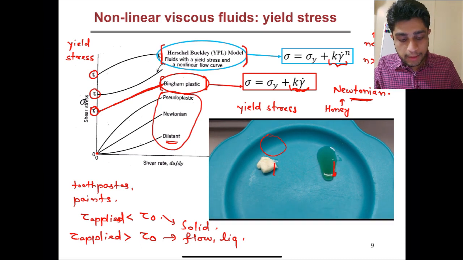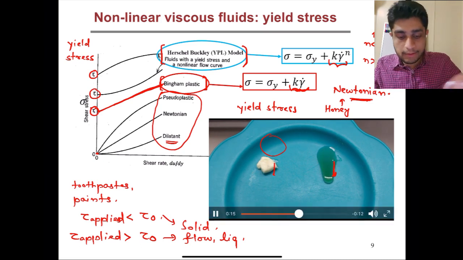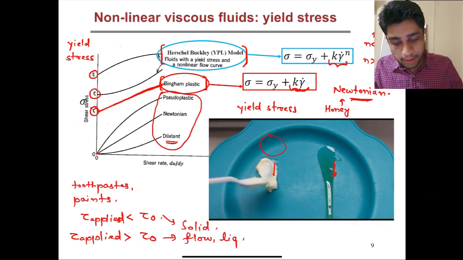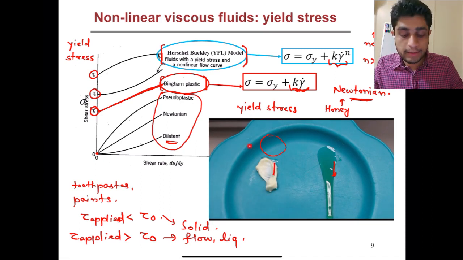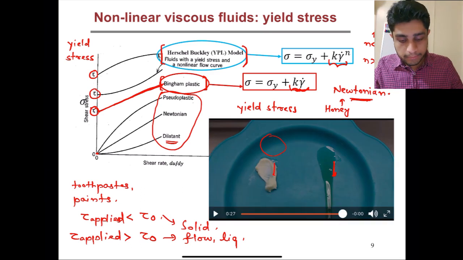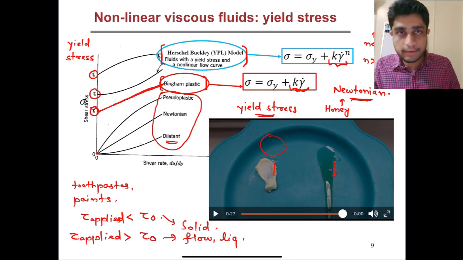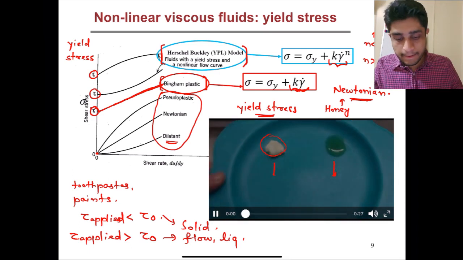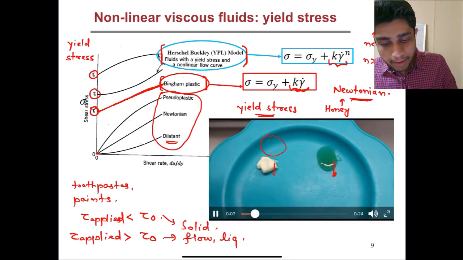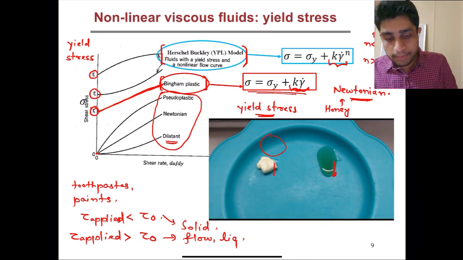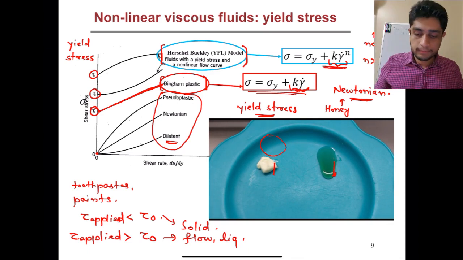But now if you take a spoon and just shear this mayonnaise, you will easily overcome its yield stress, and it will deform easily then. So this video nicely shows the phenomena of yield stress and the difference between yield stress fluids and Newtonian fluids. And again, we can model their behavior using the Bingham plastic, like linear law, or Herschel-Bulkley type power law.